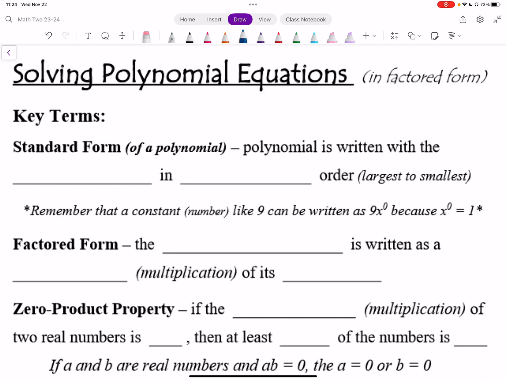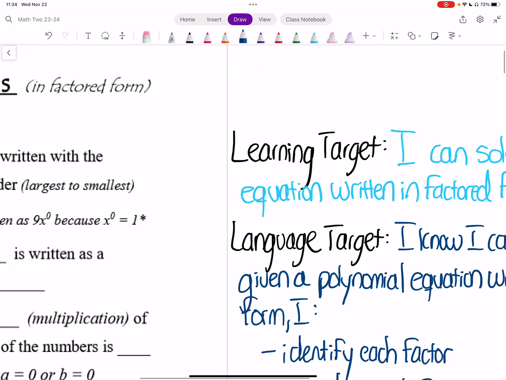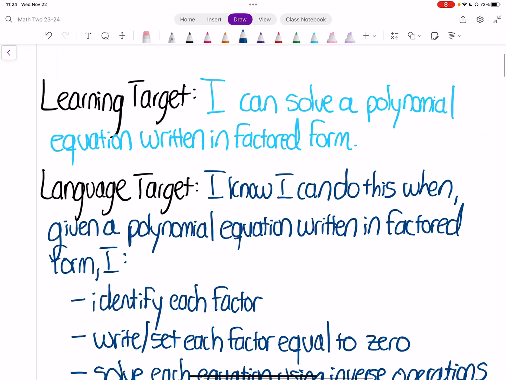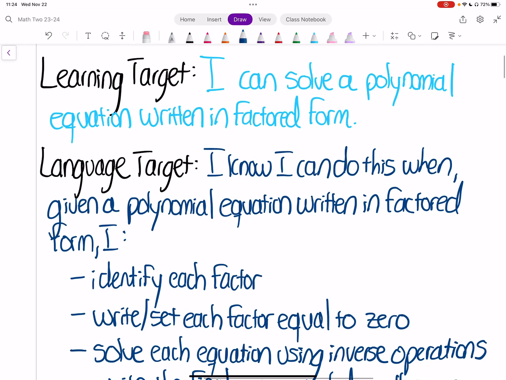In this lesson video, I'm going to show you how to solve polynomial equations from factored form. You should hopefully already have a copy of these notes printed out on blue paper. The learning target for today is that I can solve a polynomial equation written in factored form, and you'll know